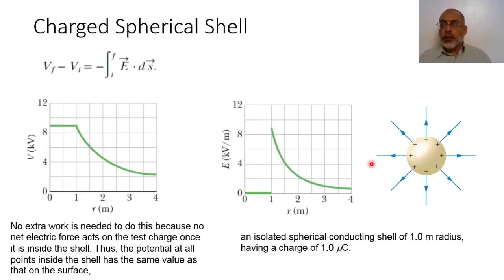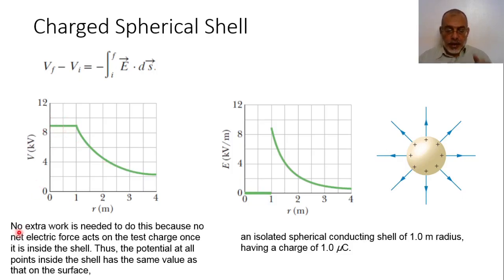So by taking the integration of this electric field with the distance, we can obtain the potential at any point until we reach the surface of the sphere. Inside the sphere itself, we will find the potential is the same as the potential at the surface of the sphere, not as the electric field. The electric field inside the sphere is zero, but the potential here will be constant inside the conducting sphere.